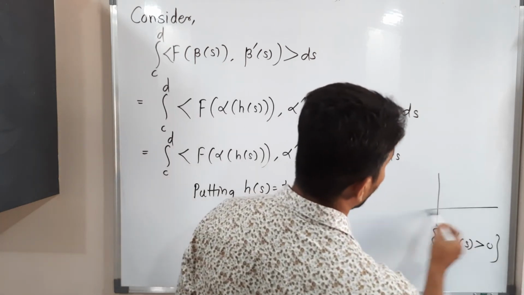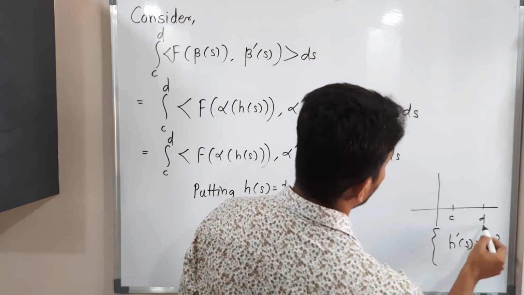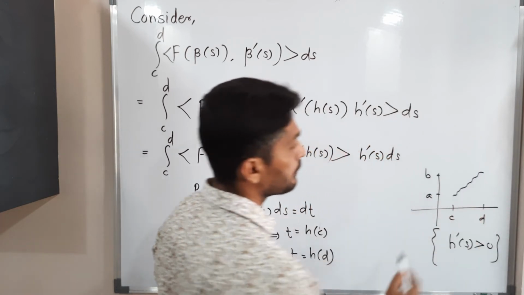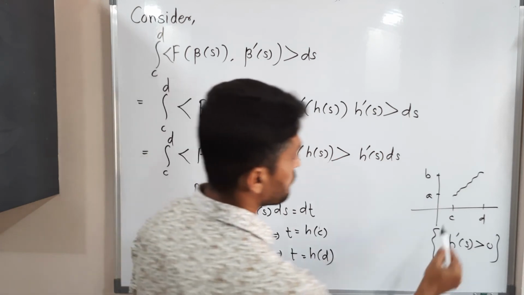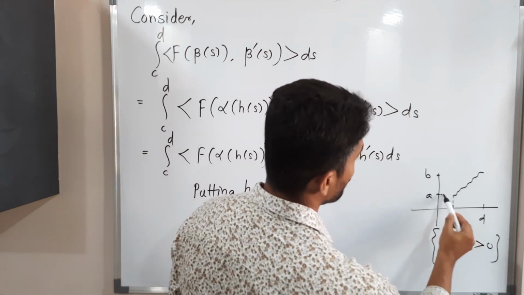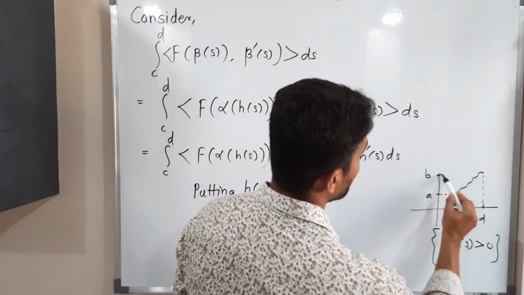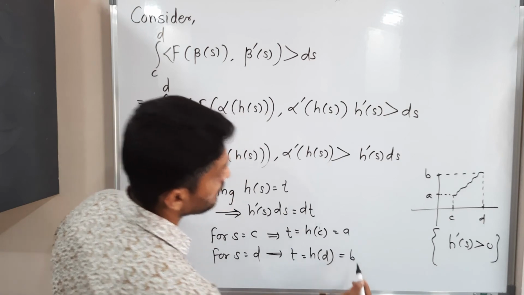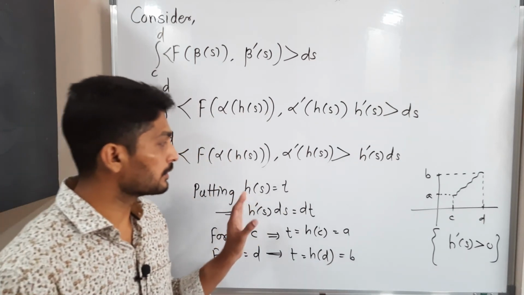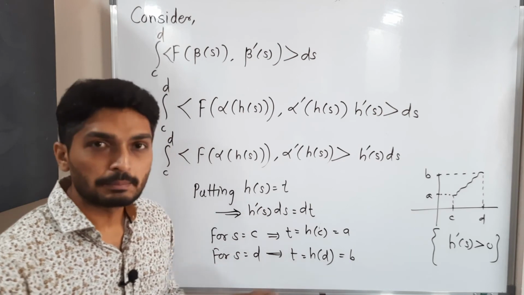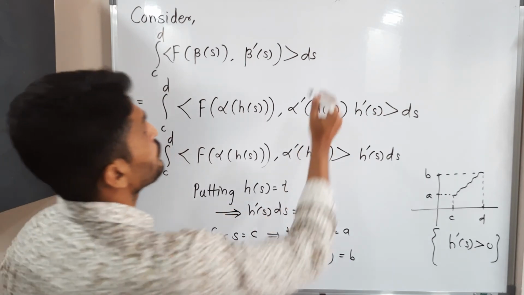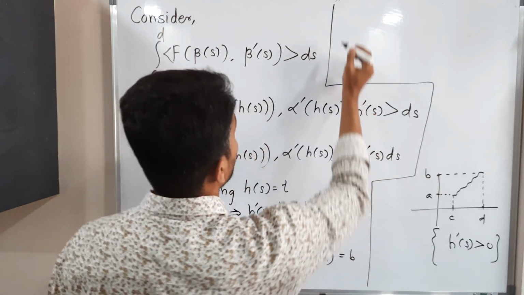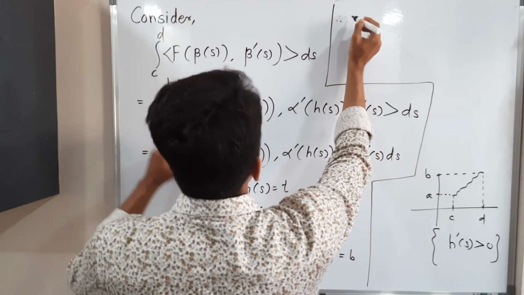If I draw its graph, it will be like this. C, D, A, B. So the function is increasing. You are getting it. So h will be like this. It's an increasing function. So therefore h of c should be A and h of d should be B. So we have substituted this part, we have changed the limit. So let us put all those things here. So therefore, just a minute, let me write that. So therefore, this integral